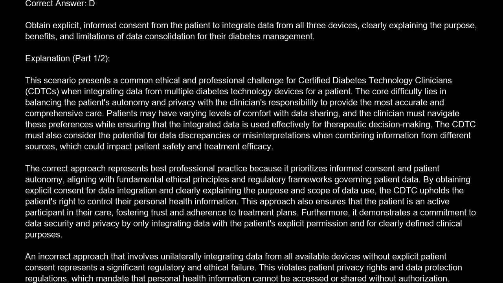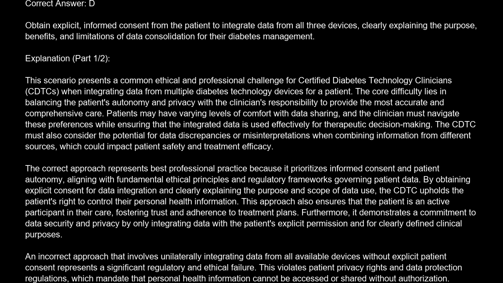The correct answer is D. Obtain explicit, informed consent from the patient to integrate data from all three devices, clearly explaining the purpose, benefits, and limitations of data consolidation for their diabetes management. Explanation. This scenario presents a common ethical and